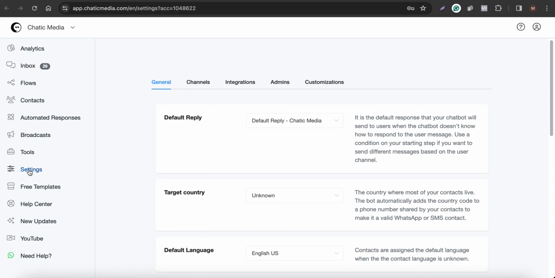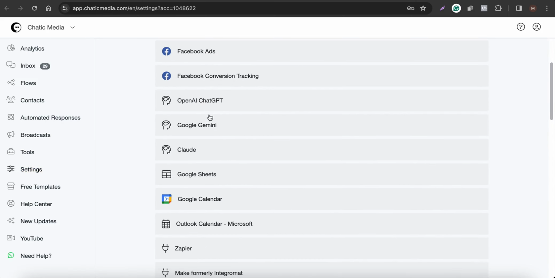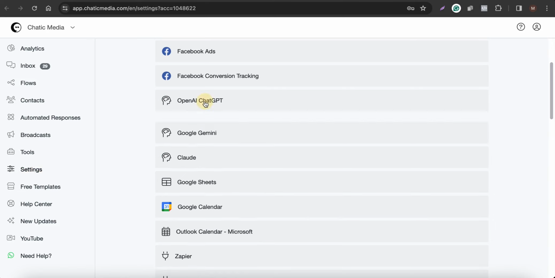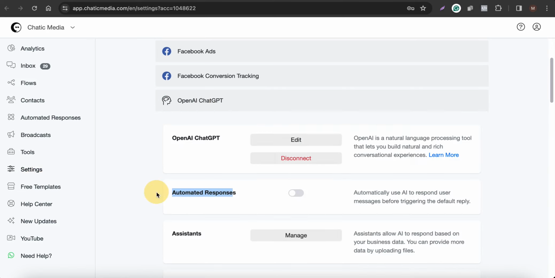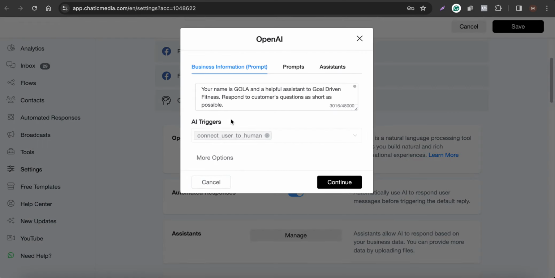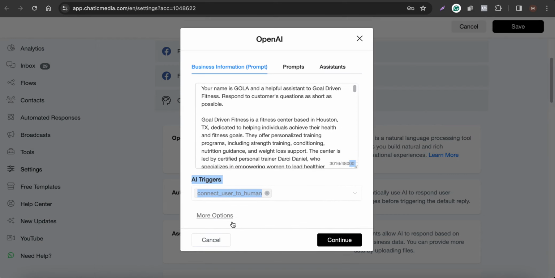So the thing is that if you go to settings, integrations, here you have the option to connect Claude, Gemini and ChatGPT. And here if you switch this on, automated response, what happens is that whatever business information you have here will be used to answer customers' questions, and they will be actually answered